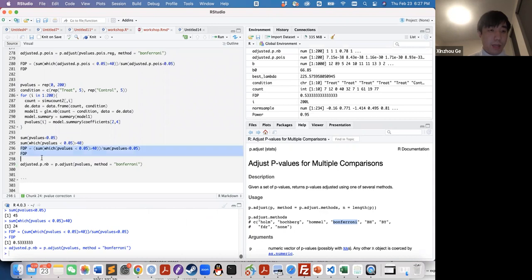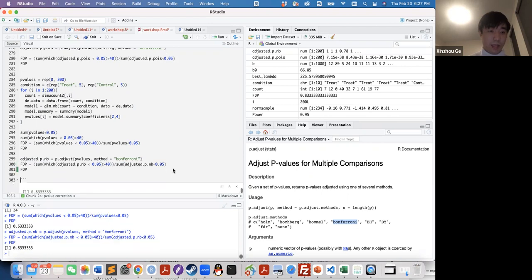And the FDP will be computed from the sum of the adjusted p-values which are smaller than 0.05, which is the number of discoveries, and we look at the number of these discoveries which are true over the total number of discoveries. It is the FDP after the correction, and we can see that after the Bonferroni correction, so this time,